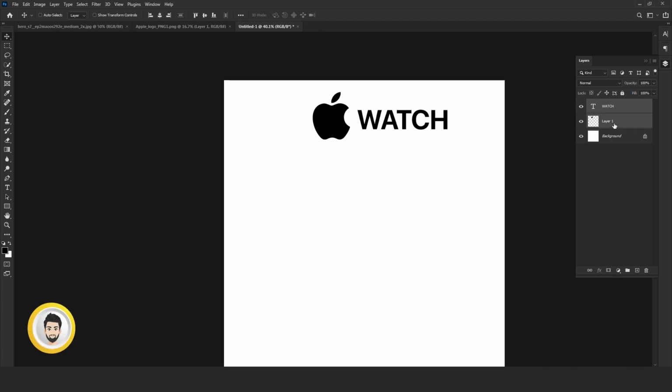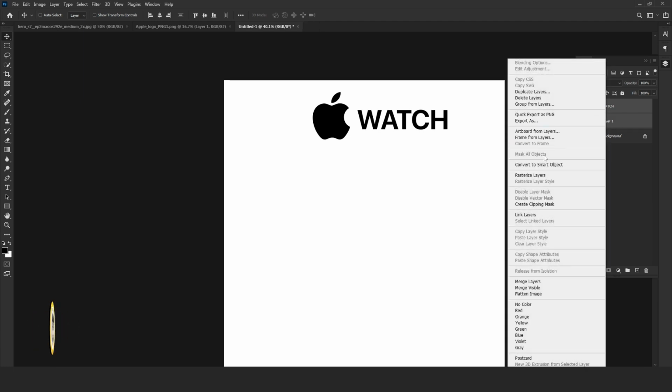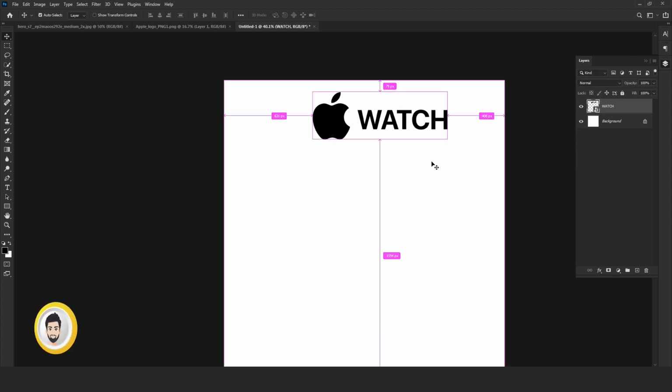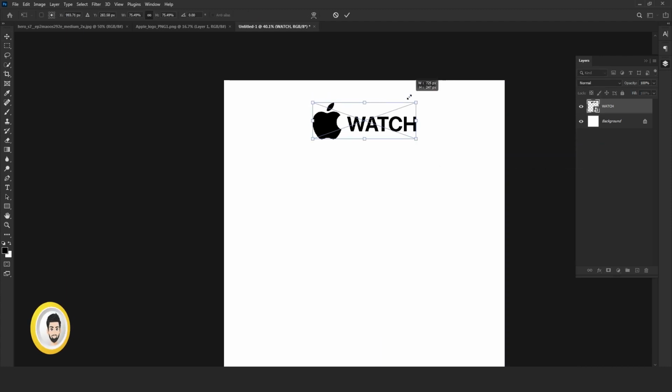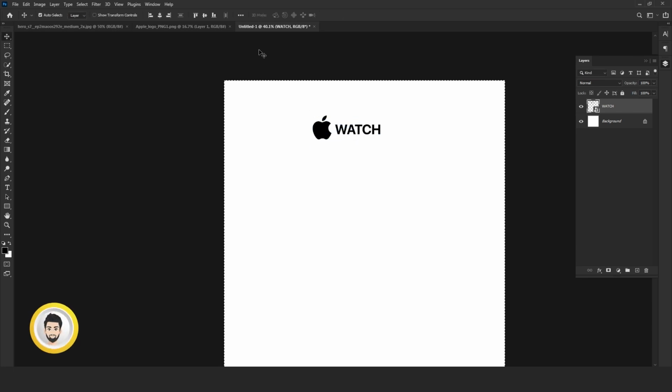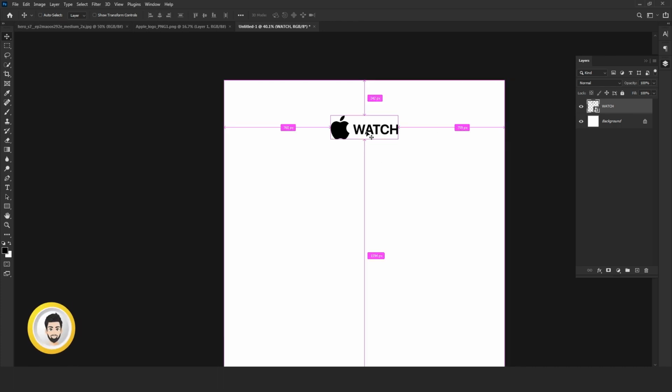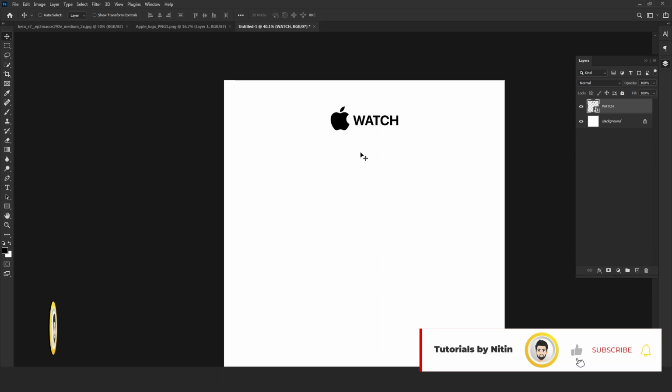Now I am just selecting both layers and converting into a smart object. Transform the layer and select Ctrl A, select all the document and select align, center align. Now here is our brand logo.